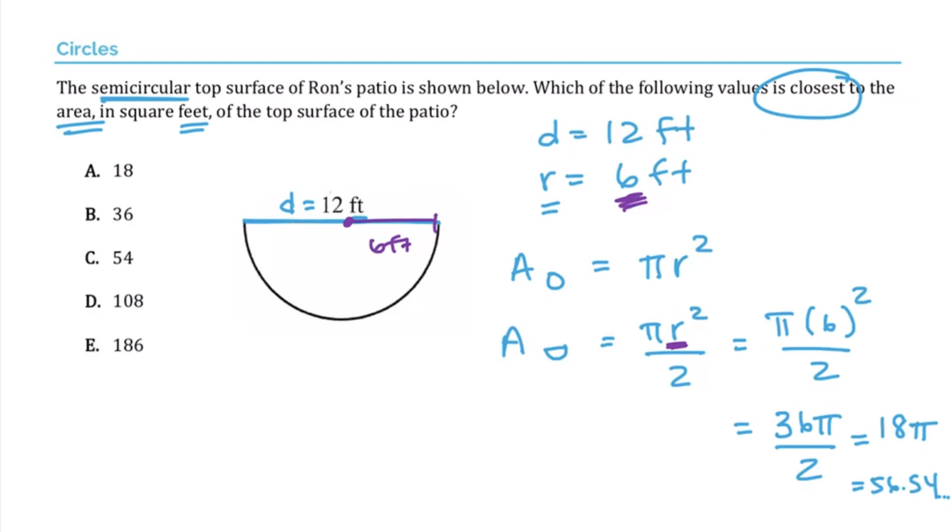Which answer choice is that closest to? Well, that's closest to C, which is 54, which would have been calculated as just 18 times 3 instead of 18 times the actual value of pi, which is 3.14159, etc. So again, if this question had asked us for the exact answer, our exact answer would need to be 18 pi. Because it just said which one is closest, we're able to round and get to the closest